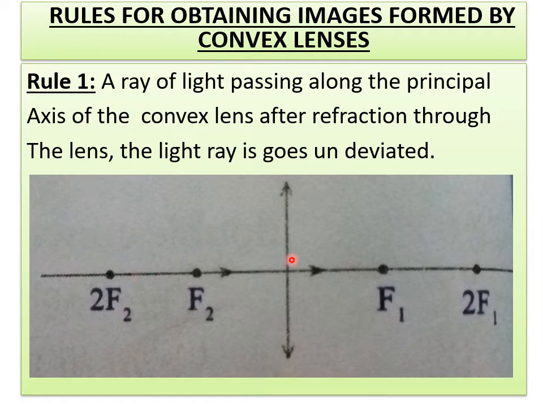So when you see this, this is your principal axis. Already I told you the principal axis is perpendicular to the lens surface. So whenever a ray passes along the principal axis, what happens? It is a normal. Whenever a ray is incident normally on plane surfaces, we remember that i is equal to 0, r also will be 0. Similarly, whenever a ray passes along the principal axis, i is equal to 0, r will be 0. That is the case. We see here that after refraction, it goes undeviated. So I hope you have understood that a ray passing along the principal axis of a convex lens, after refraction through the lens, goes undeviated.